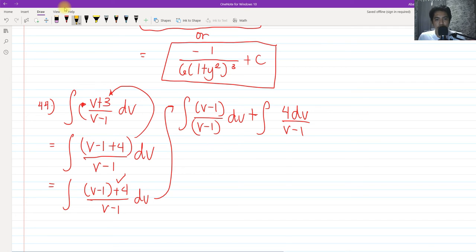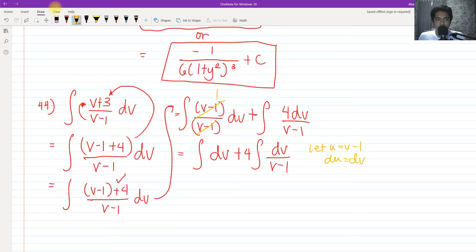As you can see, this (v - 1) over (v - 1) leads to 1. So on the left side of our term we simply have dv, and then we can factor out 4, the integral of dv all over (v - 1). So it's very, very simple. We know that if we let u equal v - 1, then du equals dv. So we can simply substitute this in order to integrate dv all over (v - 1)